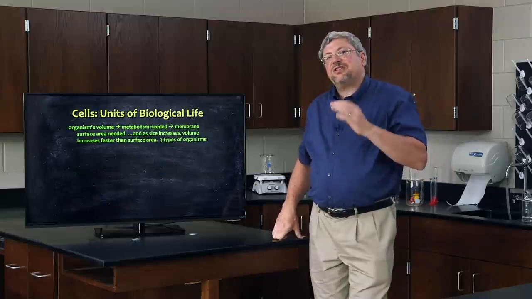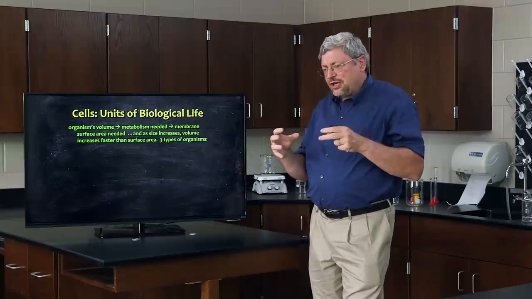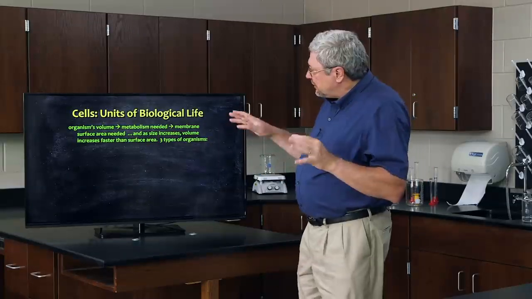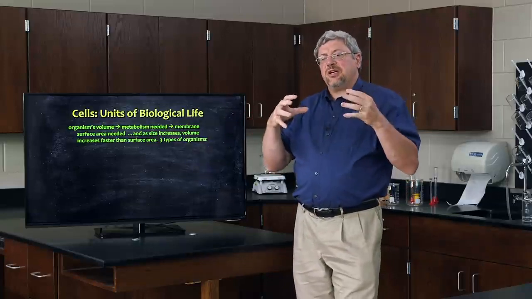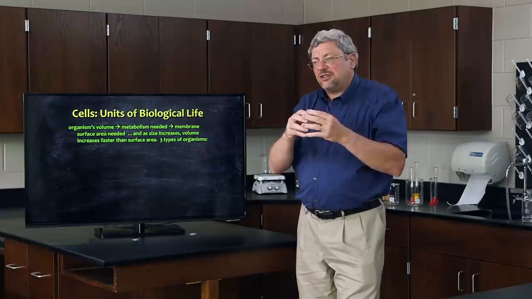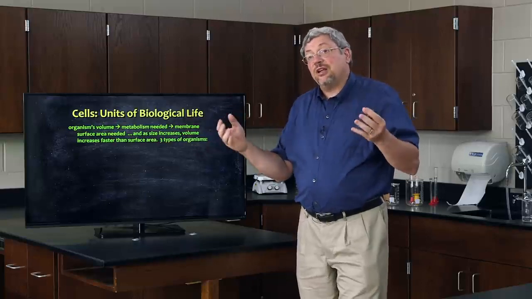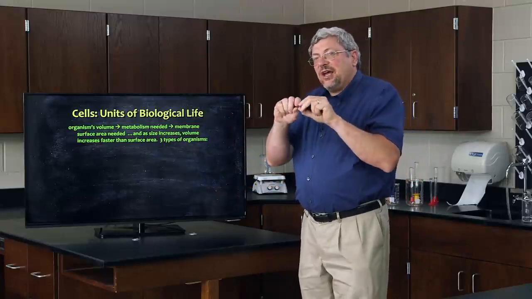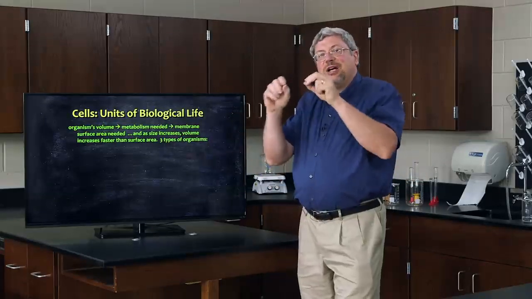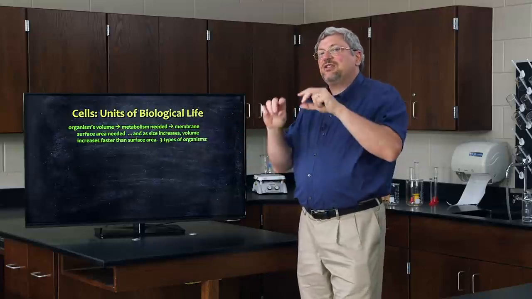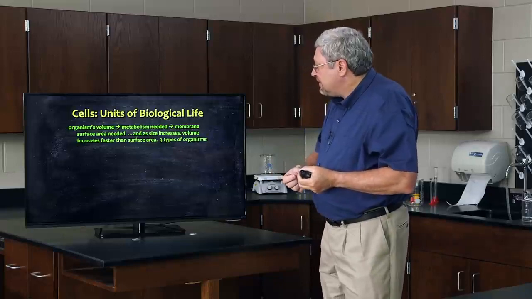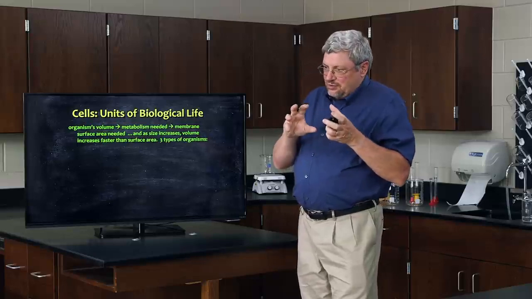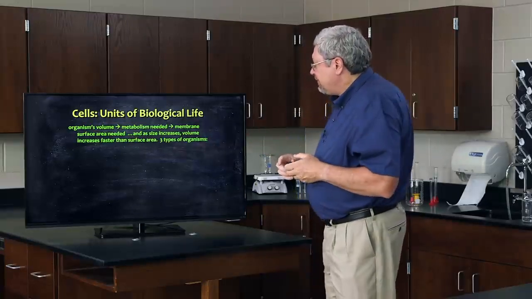And speaking of these cells, these turn out to be what are called the units of biological life. We're going to look at the history of these concepts, but it turns out that we have come to realize that cells make up all organisms. Or putting it another way, all organisms are made up of cells. And the cells are themselves made of biological membranes, these plasma membranes, these phospholipid bilayer membranes. And so for a moment here, we're going to look at the relationship between cells and the membranes.